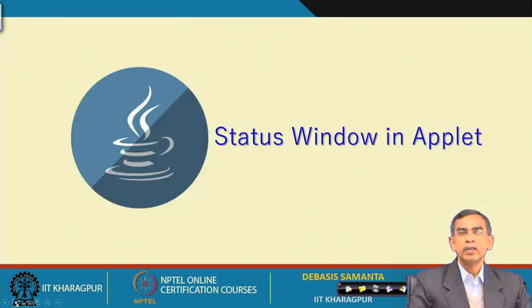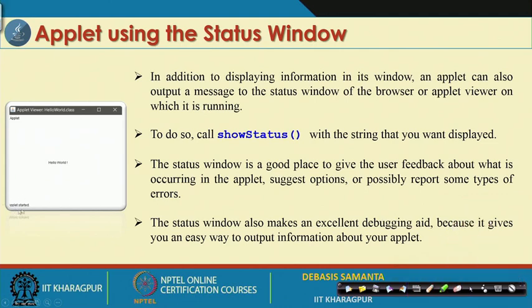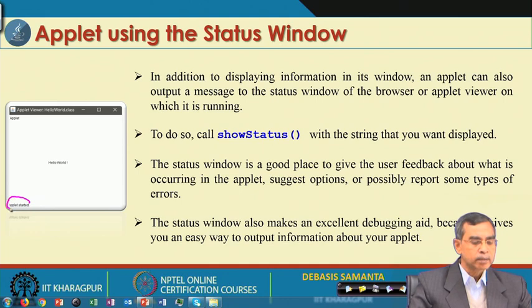Now, there is also another method in an applet called the showStatus method. The idea is that this shows the status of the applet. If the applet has started its execution, it shows applet started. If it is destroyed, it shows the applet is stopped or killed, or if the applet has not yet started, it shows not started, and so on. So, this is called the status bar of the applet, and this is the title of the applet.